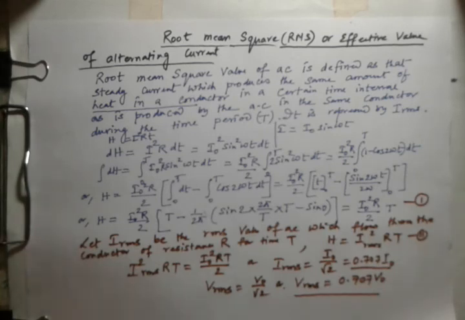Now, if an AC voltmeter plugged into the household circuit gives the reading 150 volt, then the 150 volt will be your RMS value, and the peak value will be V naught is equal to root 2 into V RMS. Remember this formula, V naught is equal to root 2 V RMS. Okay, so in India the RMS is 220 volt, and you multiply by root 2, you will get the peak value of the AC voltage. Okay, so next topic we'll discuss about the phasor diagram.